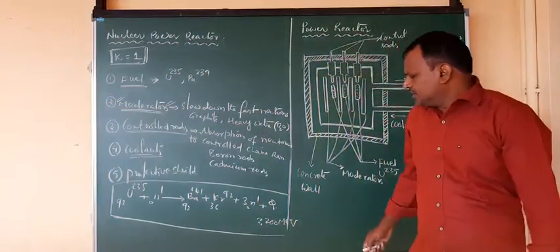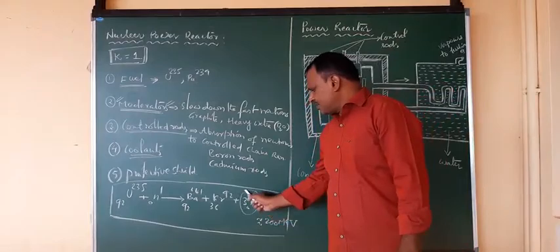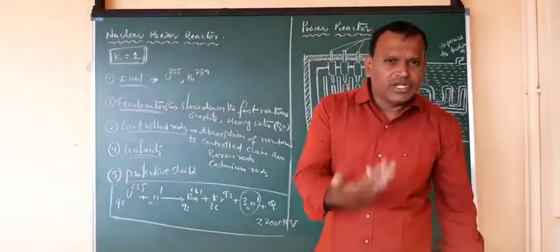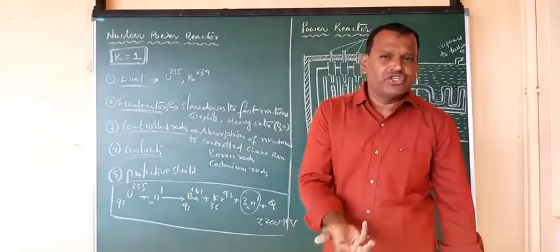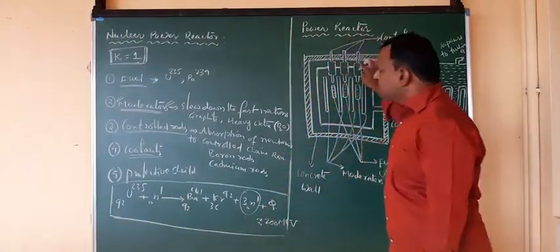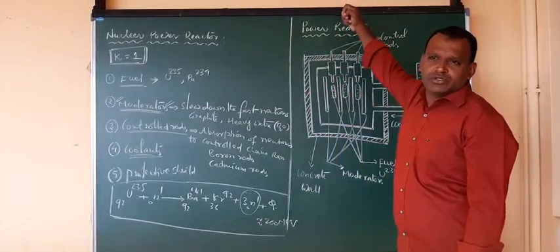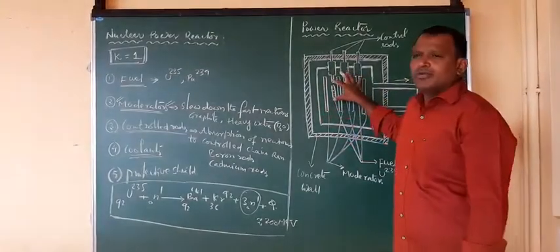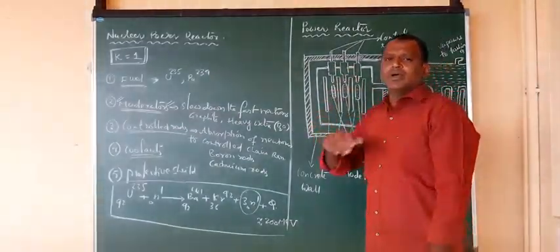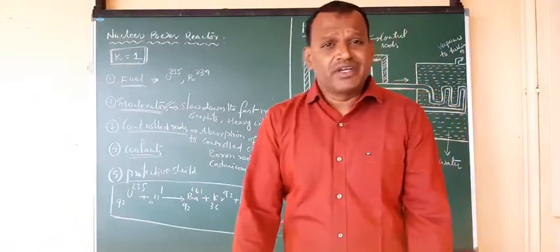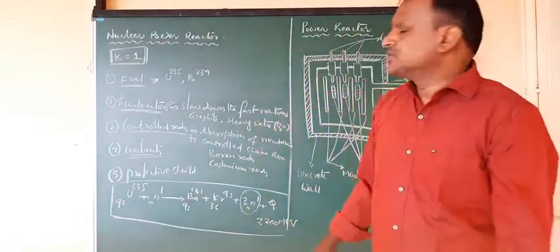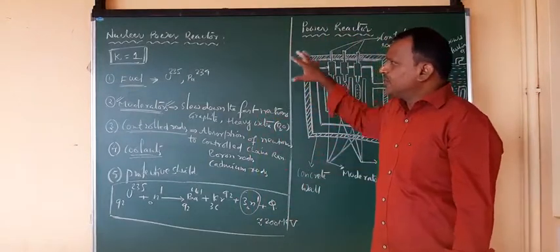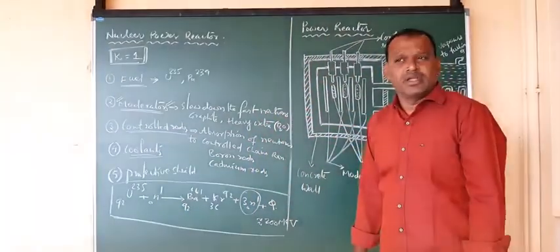Right? And in this, we are not allowing the 3 neutrons to cause the next fission reaction. Depending upon the requirement of the energy generation or power generation, accordingly these control rods may be inserted or pulled out. Based on that, the absorption of neutrons takes place, so that the number of fission reactions can be increased or decreased, can be under control. Because of that, we are calling these control rods, right? So this is the working of a nuclear power reactor.